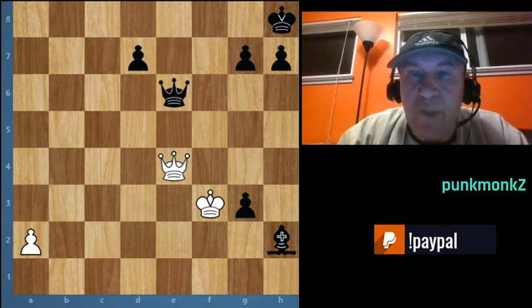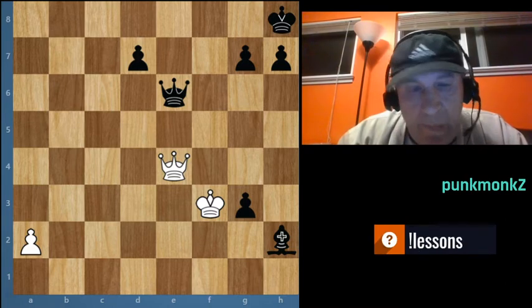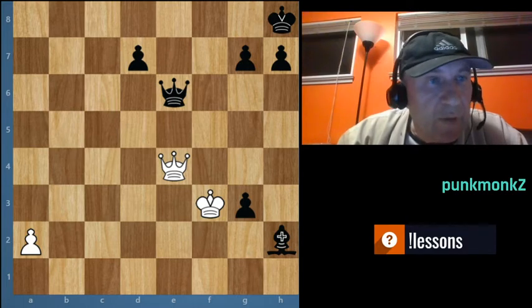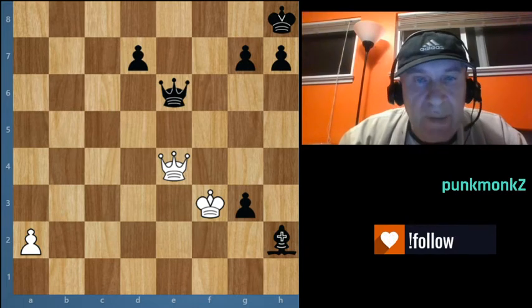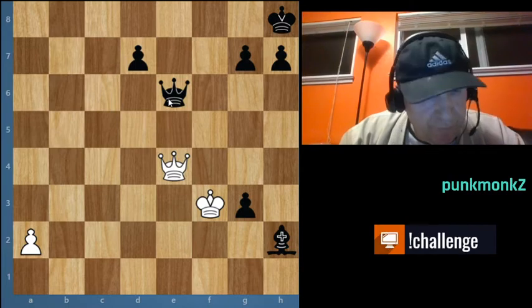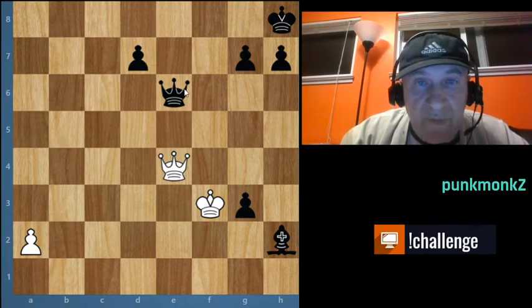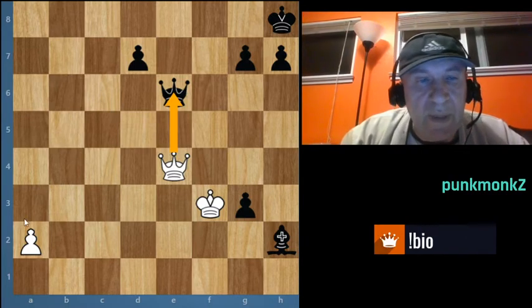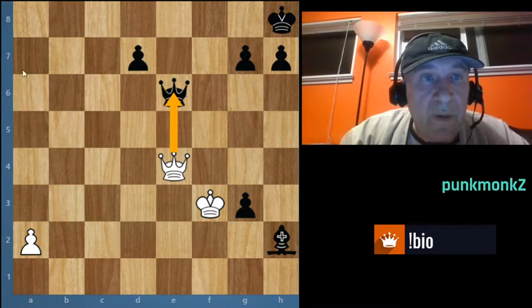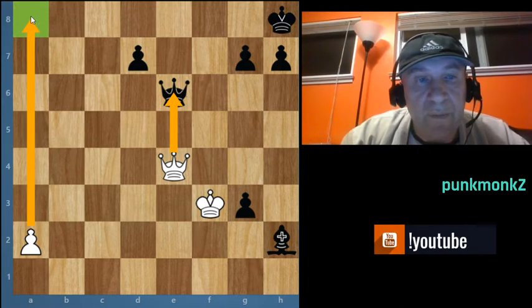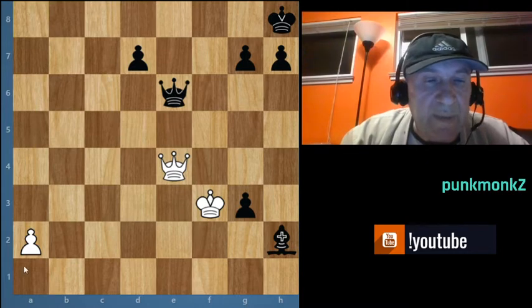let's move to this one. Look at this position. Let's look at this position. Okay, what can you tell me about this position? All right, if I trade queens, right, can my a pawn make a queen? Okay, that's the question. And this a pawn on a2 has never moved, so I'm going to draw the square